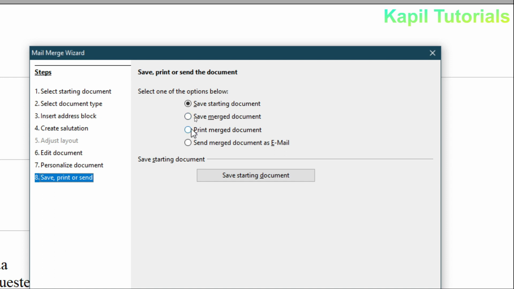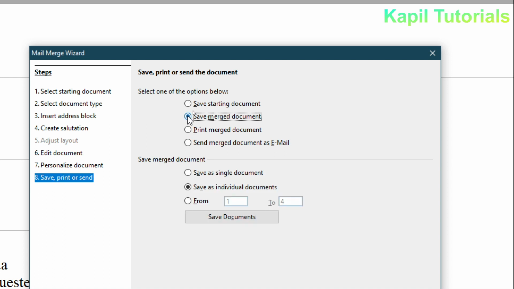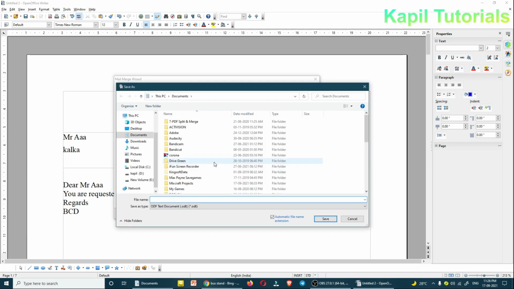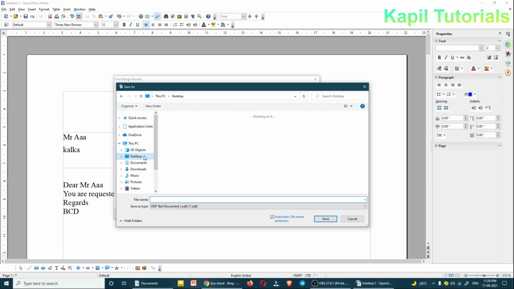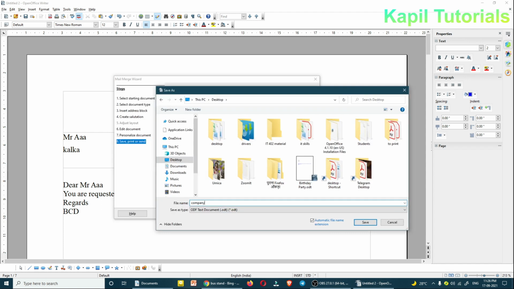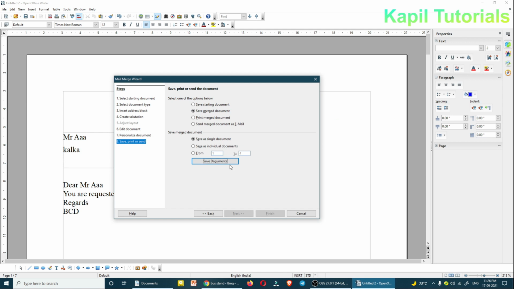This time I am selecting save merge document, save as a single document, and then I'll select desktop, and on desktop I'll save it as company letter. Save.